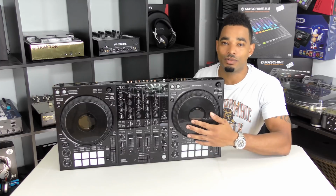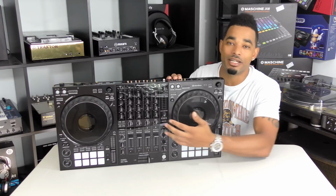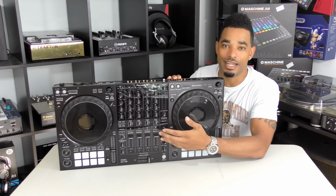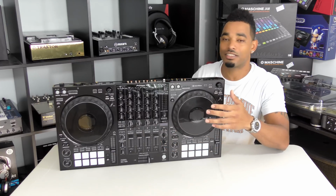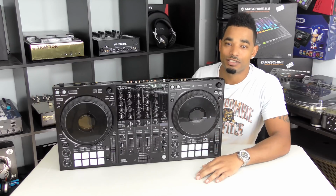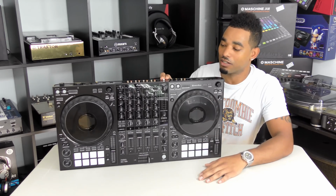You have the Jog Wheels pulled directly from the flagship CDJs. You have a mixer section in the middle that looks like it's pulled directly from the DJM 900 Nexus 2. And they have a lot of good features here that's starting to set these apart from their Serato DJ counterparts. So a lot of cool improvements, and we're going to break down everything you guys see here, starting first off